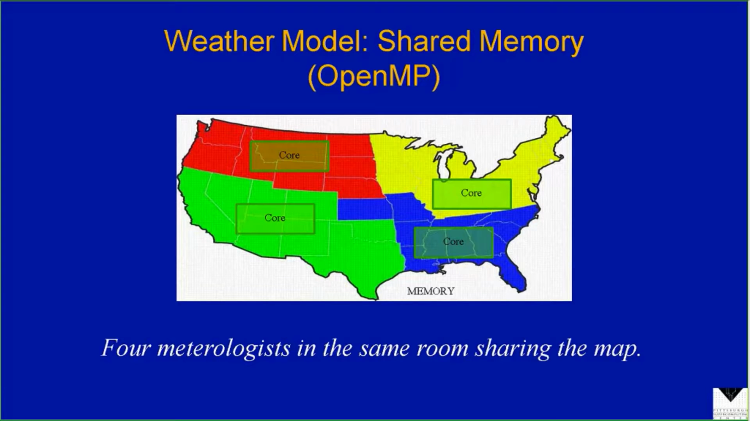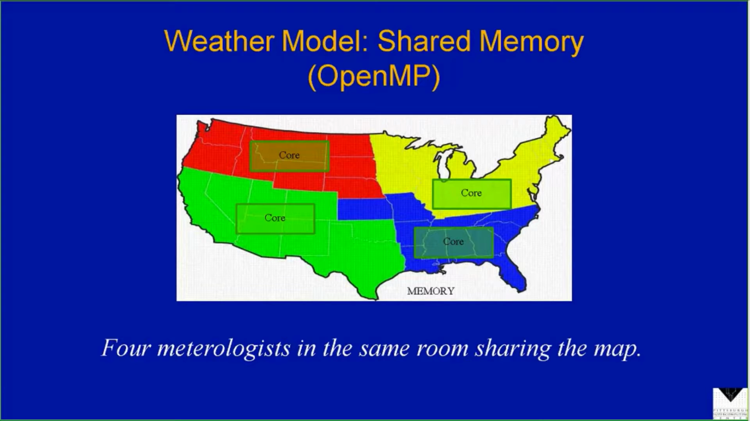This is a shared memory machine, hence the title here. It's a computer where the whole problem fits into the same memory, and all the processors access that memory. So this is the equivalent of having 4 meteorologists in a room where they're all taking the map and dividing it up into quarters and saying, I'll work on this quarter of the map,